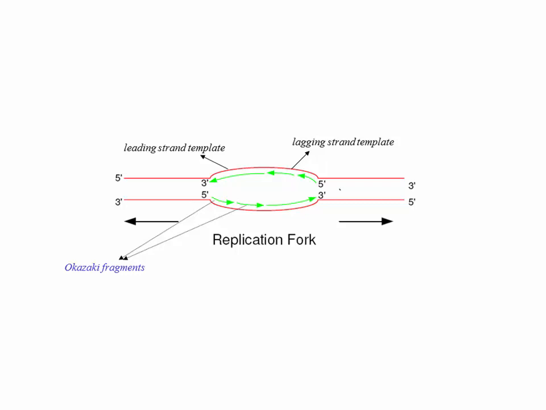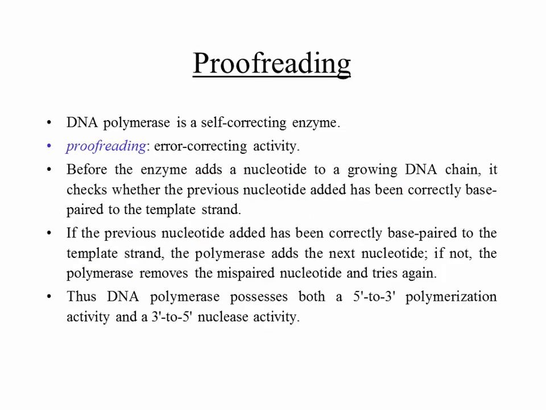And actually, it's a little bit more complicated than even just doing the Okazaki fragments, and I will get to that additional level of complication. DNA polymerase again is a self-correcting enzyme, because remember DNA has to be replicated with great fidelity. So it has to check its work. It has a proofreading or error correction activity. I know many of you are in communications, but it's not just in communications that you're doing error correcting codes. Biology has figured that out a long time back.